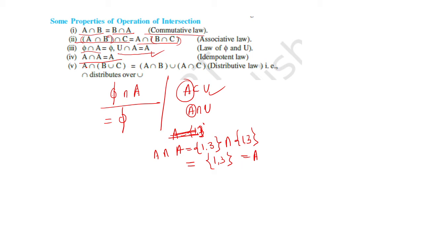So at last, distributive law, like associative, you can do the distributive here. Take three sets A, B, C, consider any three sets and try to find out the left hand side and then try to find out the right hand side. You will see that both answers will be the same. So you can see the structure, how it gets distributed. A intersection at first gets distributed to B. After that this union will come here, and after that A intersection will be distributed to C. So this is the result.